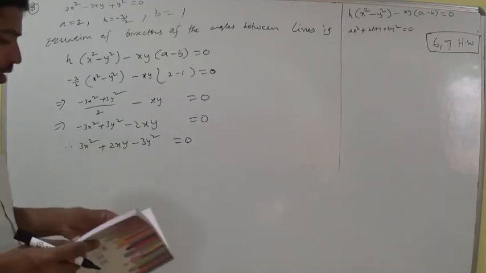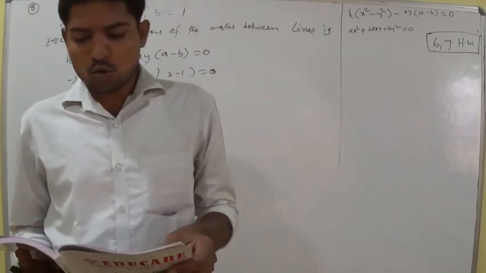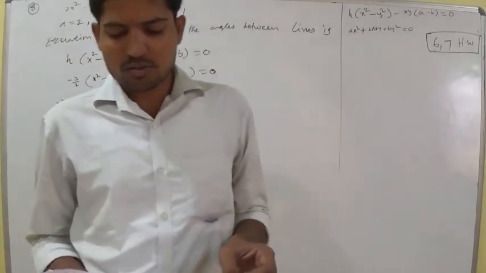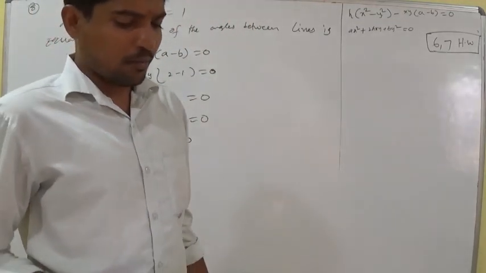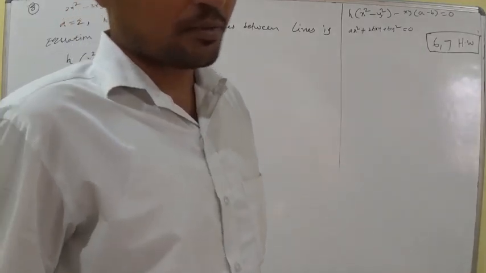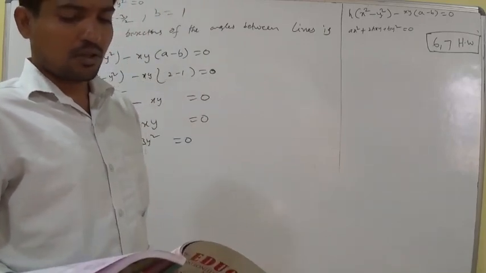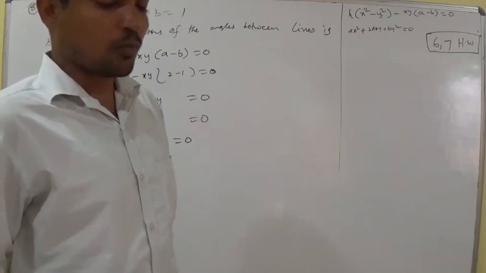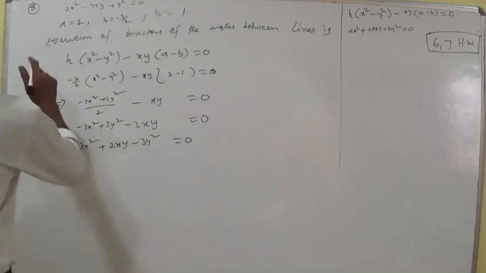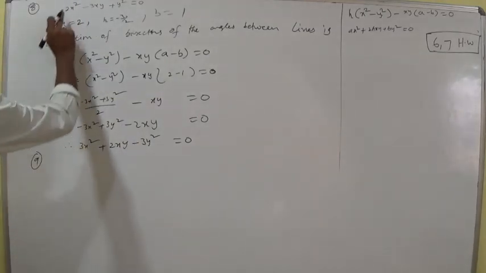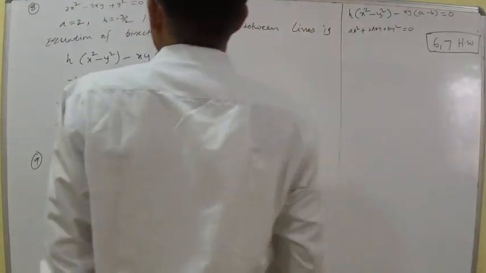Next, ninth one, the equation of the bisectors of the angles between two straight lines. This is also the same method, you can do it. Same process. The equation of the bisectors of the angles between two straight lines, 2x square minus 3xy plus y square. So both are repeated, the same problem has been given. I am going to change that. So ninth one, same process as above 8. How we did the 8th one, like that only you have to solve two more problems.